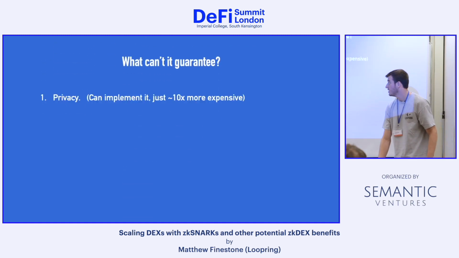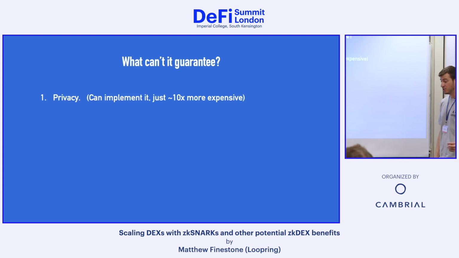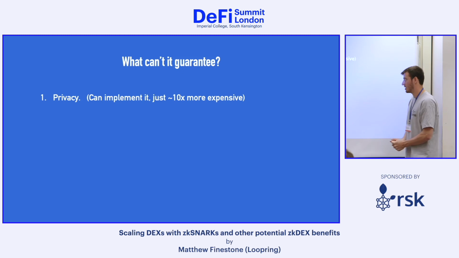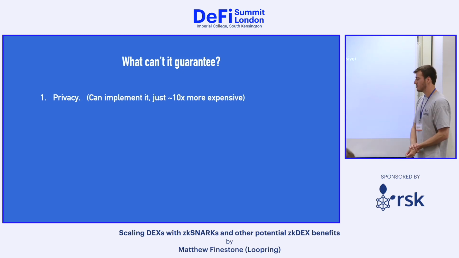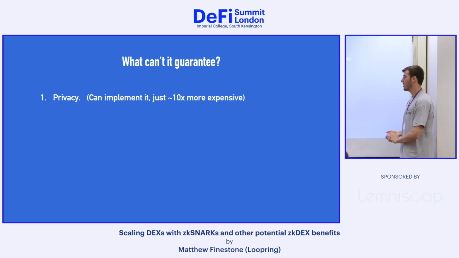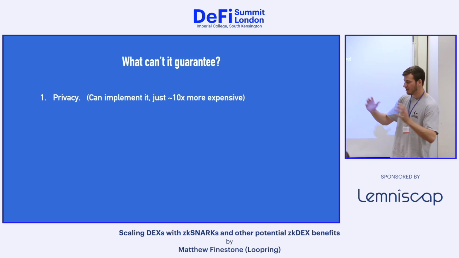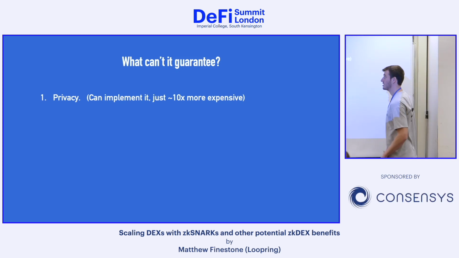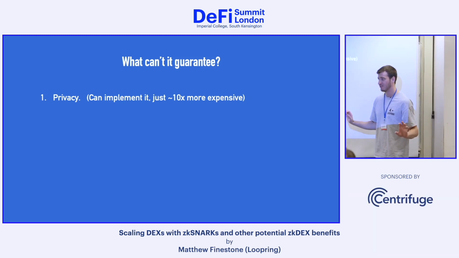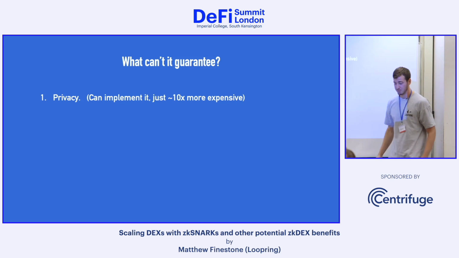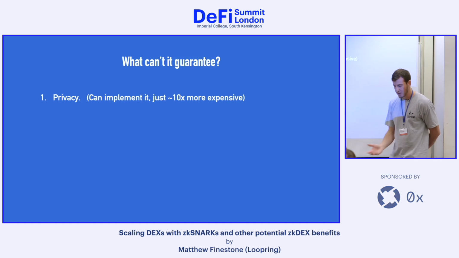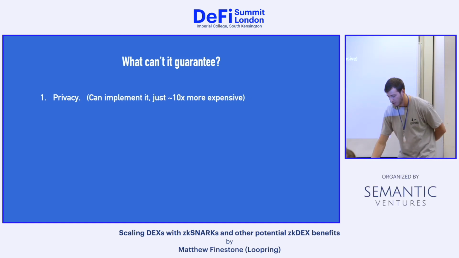What we can't guarantee is privacy: right now we don't implement any privacy-preserving technology here. A lot of people think zero-knowledge proofs are just great for privacy because of Zcash and other prominent projects, but we just use it for verifiable computation off-chain. No privacy. We actually could implement privacy, but it makes our circuit much less efficient, much more expensive. In this case, 10 times more expensive. For now, we are going for high throughput, low cost, high performance. Privacy, maybe we'll be able to take advantage of a different approach going forward.